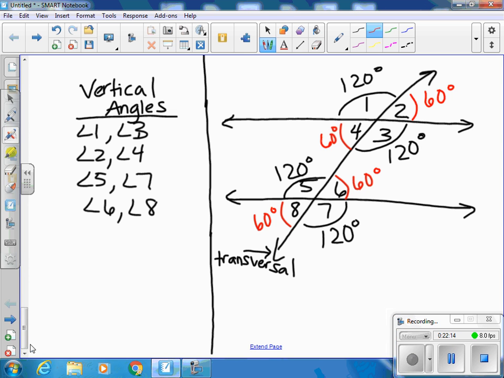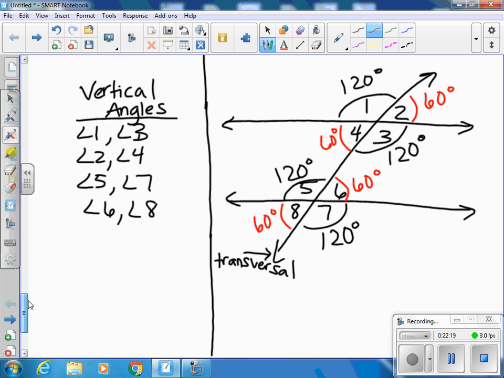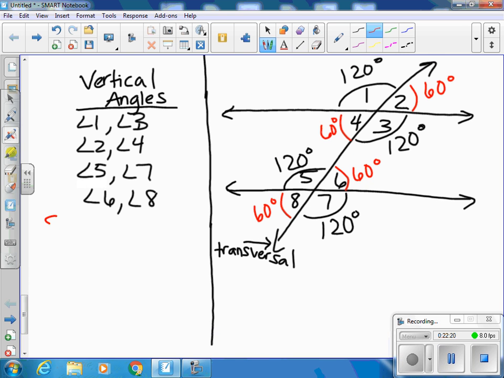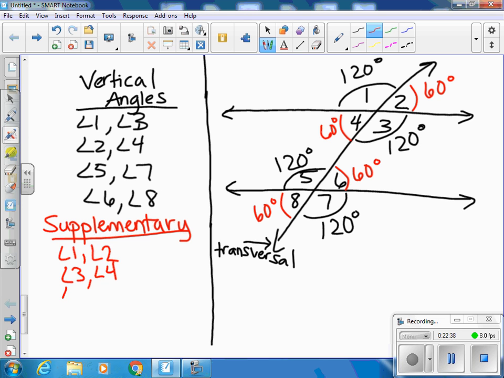All right, so then we've got our vertical angles. The last thing we want to identify are the supplementary angles. Let's see if I can squeeze this in down here, and then we'll be finished. Remember that supplementary angles are the ones that make a straight line happen, and they're the ones that total 180. So if you look in our picture, the ones that make a straight line are angles 1 and 2, angles 3 and 4, angles 5 and 6, angles 7 and 8, and then